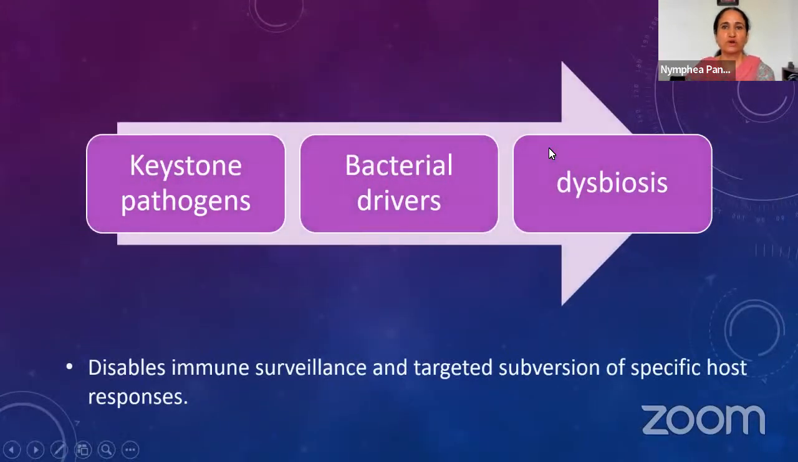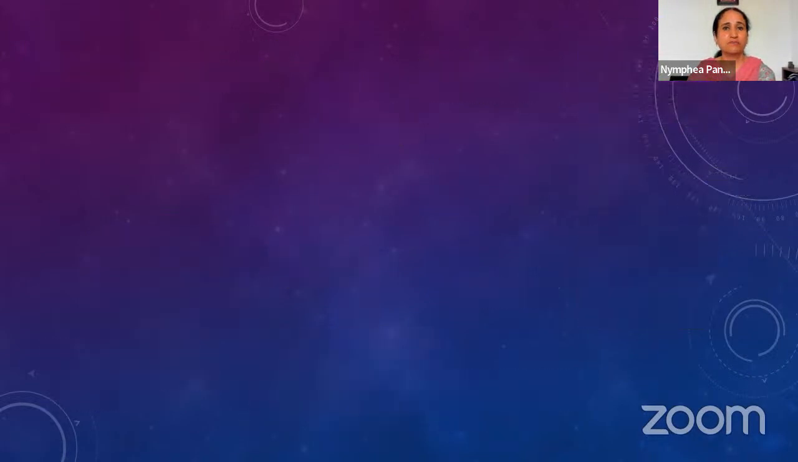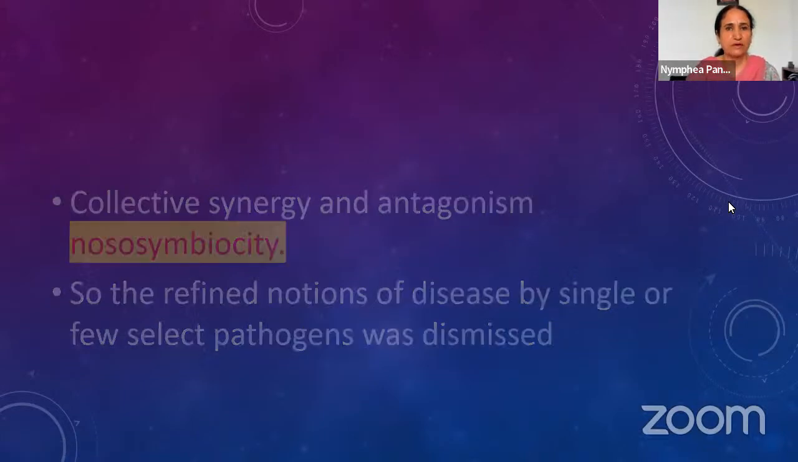So what we have as the key factors in this model is that there are some keystone pathogens, which are the bacterial drivers. They cause dysbiosis. They affect the immune surveillance. They do not let the body see that. So if we look at this from this aspect,